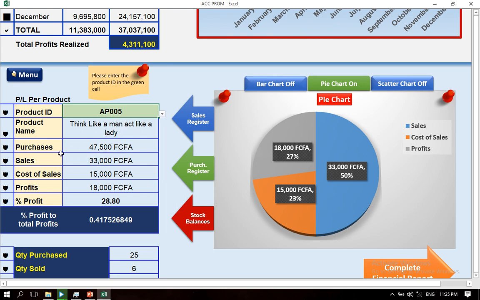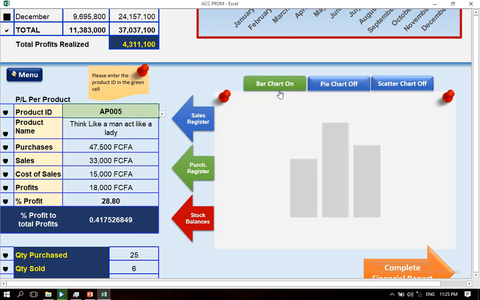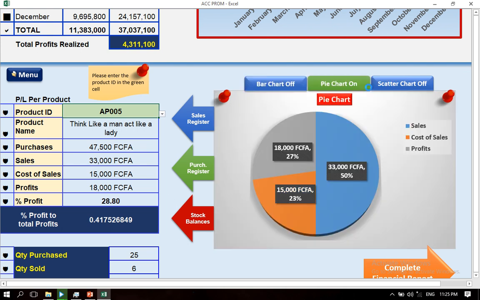And so you see for each product, we have the total purchases of 47,500. We've made sales so far of 33,000. Our cost of sales is 15,000 with a profit of 18,000. This is a 28.80 profit margin on our cost price. And the contribution of this to the total profit of 4,311,100 is 0.41%. And here for each product, as I told you, you are able to have charts which are